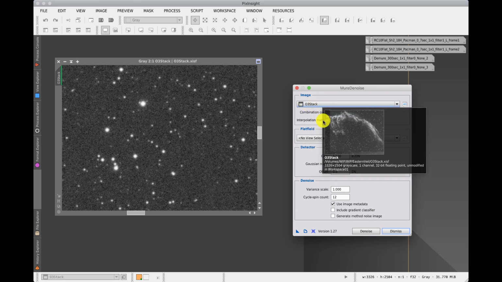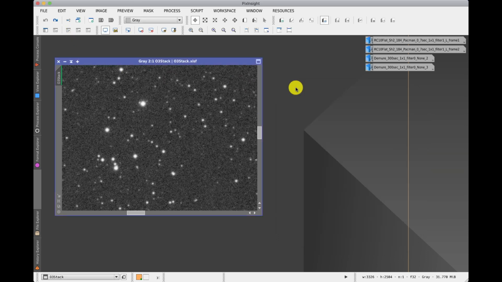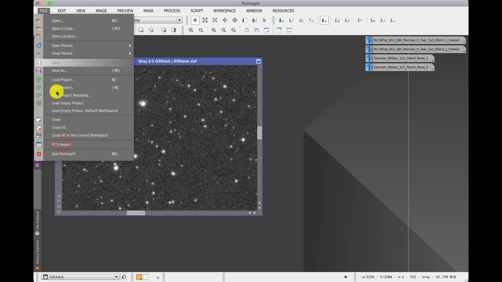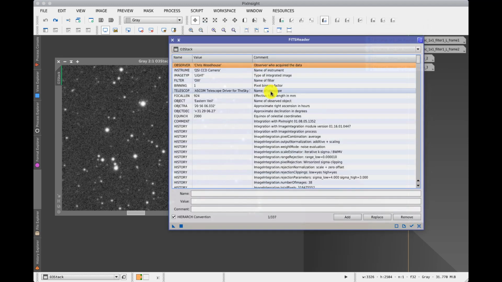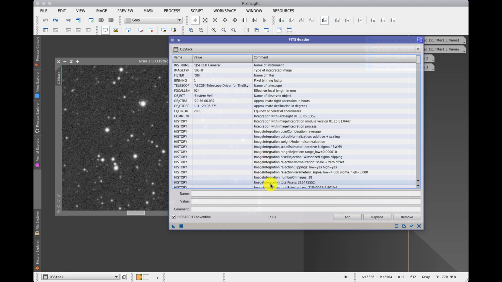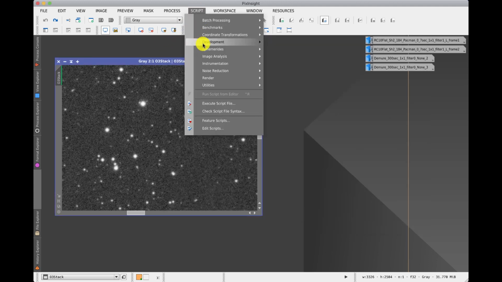So this O3 stack, what is the combination count? Well, if you don't know, one way to find out is to look at the FITS header for your particular image. And if you scroll down here, integration number of images equals 38. And in the most recent versions of the script, it automatically reads the FITS header and populates it. So going back to my script,